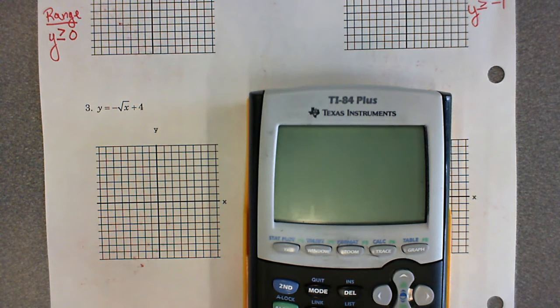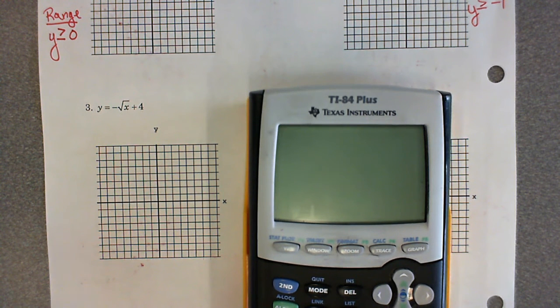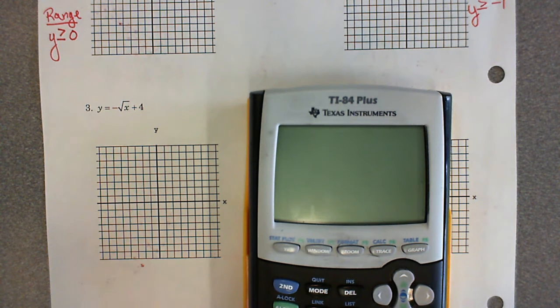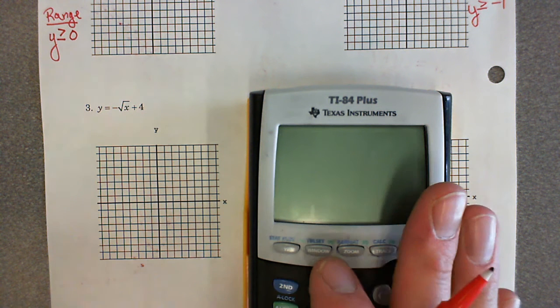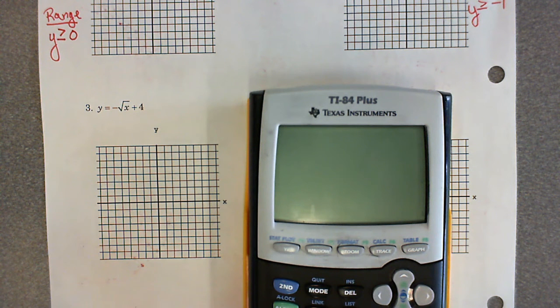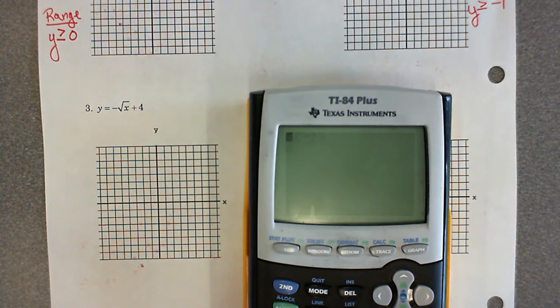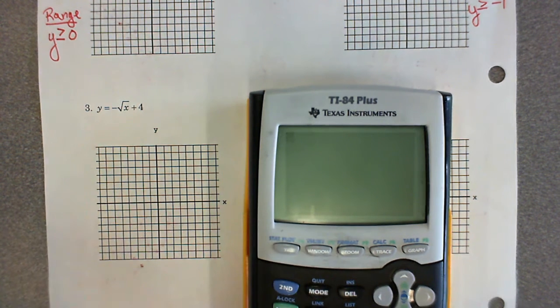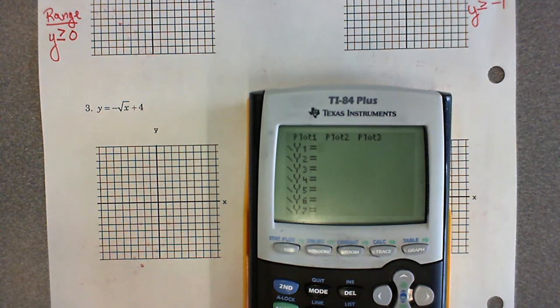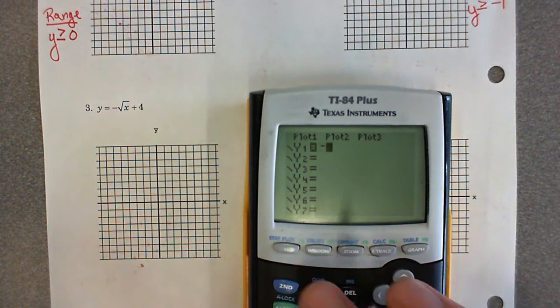Alright, in problem number 3, let's assume that you've totally forgotten everything that I've taught you, and I ask you to graph the square root function on a quiz. Well, we've got our calculator here, and our calculator can help us out. Okay? So, if we take our square root function and enter it into y equals, so we've got negative square